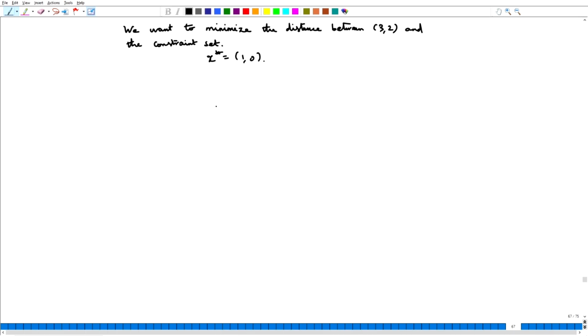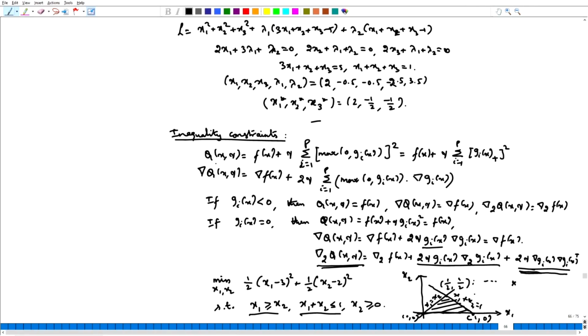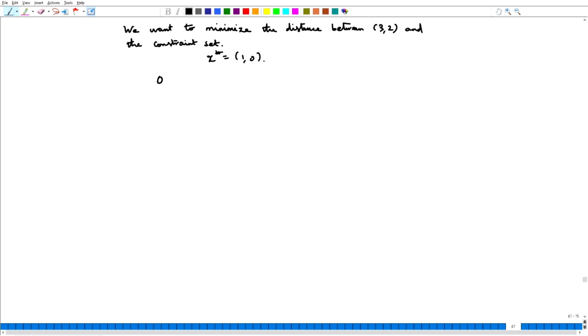And so, we will try to solve this using the quadratic penalty function which we just gave in this page. So, we write q of x, gamma as this, and try to solve it using the quadratic penalty function. Let us first write down the quadratic penalty function properly. That is going to be q of x, gamma equal to f of x, which is half (x1 minus 3) the whole squared plus half (x2 minus 2) the whole squared, plus